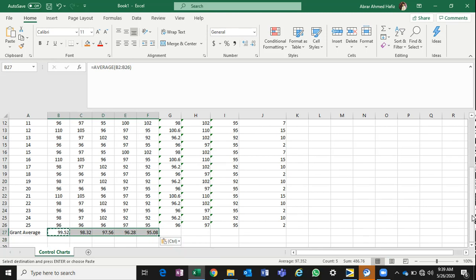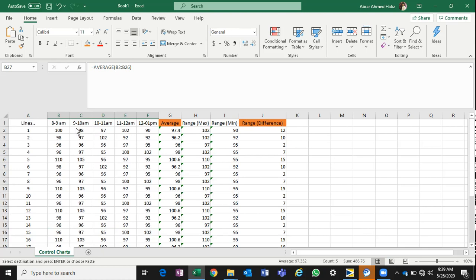So let's do the same thing in Minitab. Before I go into Minitab, in Minitab we need to have everything column-wise. Whatever data we have, we need to put every data in columns.